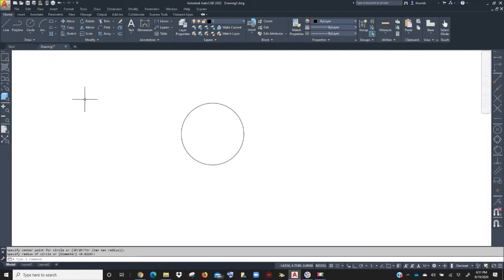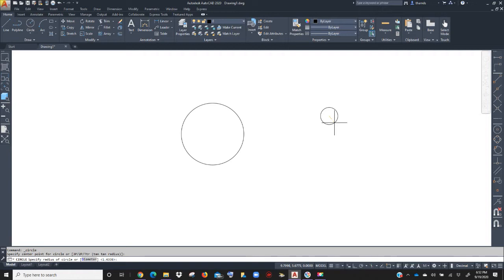Now you can also enter the size of the circle you would like. AutoCAD understands decimals and fractions. You can use either one at any time. So if I click my circle command, center radius is on top. If I just click it and pick a point, if I want a circle that is 1 1/4 radius,